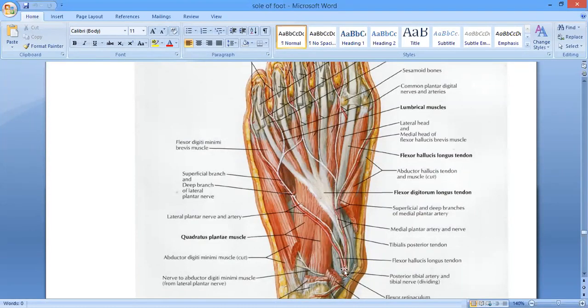So the medial plantar artery is basically the smaller terminal branch of the posterior tibial artery, and it arises beneath the flexor retinaculum. ठीक है. When the posterior tibial artery passes behind the flexor retinaculum to enter the sole of the foot, it is going to divide into two branches, the medial plantar artery and the lateral plantar artery. And the medial plantar artery is a smaller terminal branch, and it passes forward deep to the, ये कौन सा मसल है जी जिसमें काटा हुआ है?